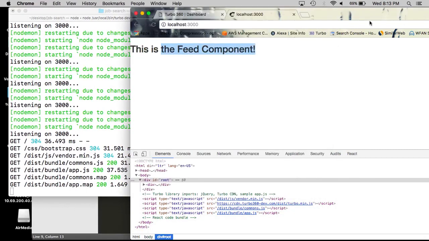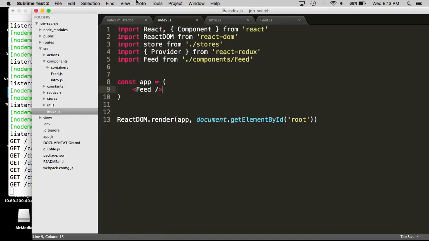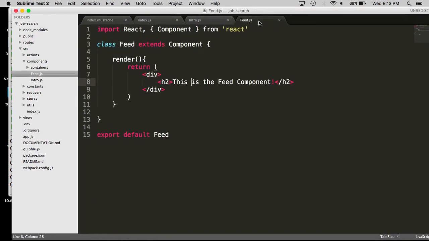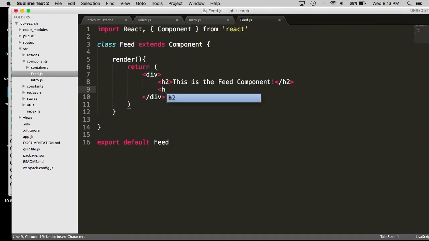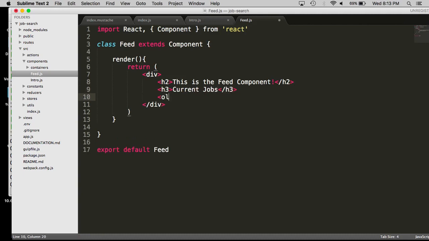Okay, great. So now I'm going to create another component which will actually render the list of jobs. The reason I'm going to do that, well, actually let me just do it this way first. So let's do it this way. H3, current jobs. Let's do an ordered list on this. And inside this ordered list, let's do